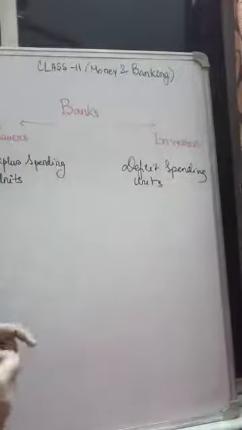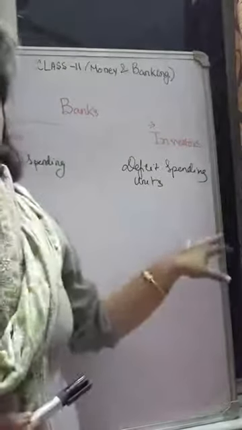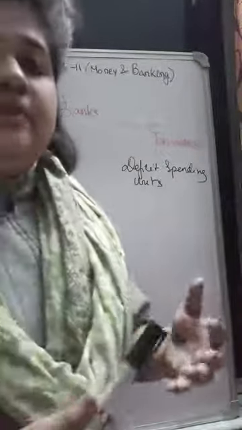Now what happens? The surplus spending units have excess of cash, and the deficit spending units are in need of cash. But who will bridge the gap in between them? Suppose you are in need of money and I have excess money. Now, how will you understand? By only observing that the person has got money at hand, I can borrow from him. And do you borrow from the unknown? Generally not. On what trust will I give you the money? So, due to this communication gap, the borrowers cannot borrow directly from those who are actually having too much of